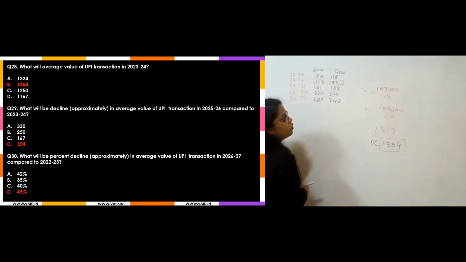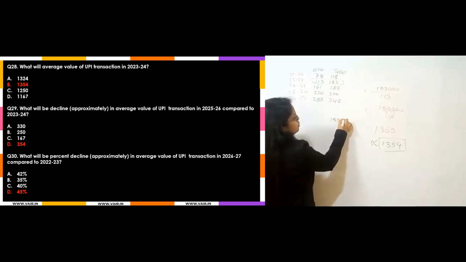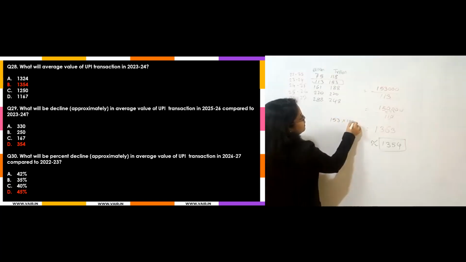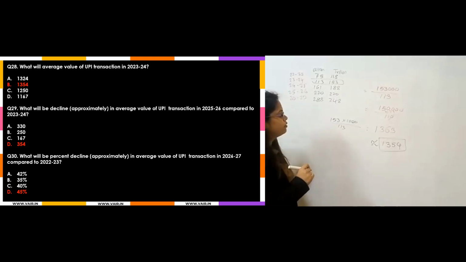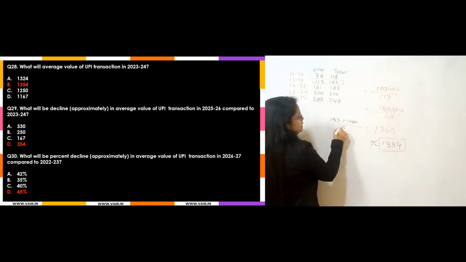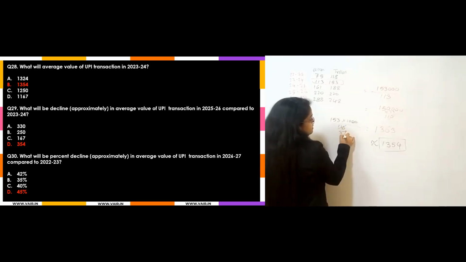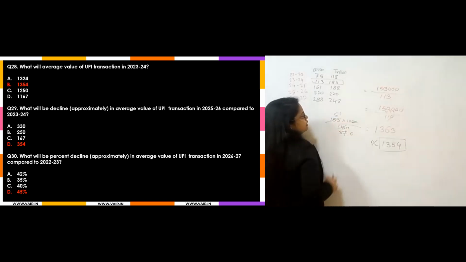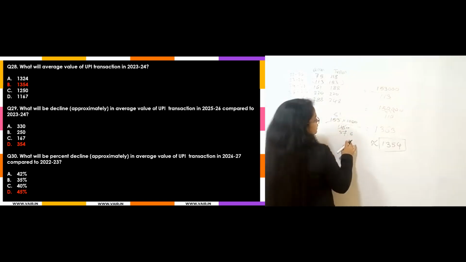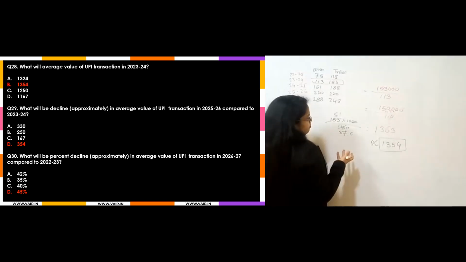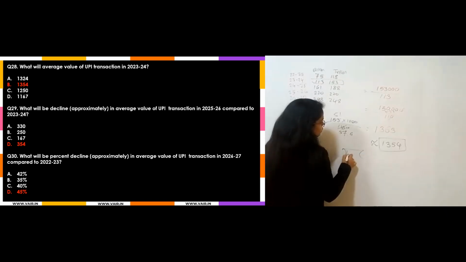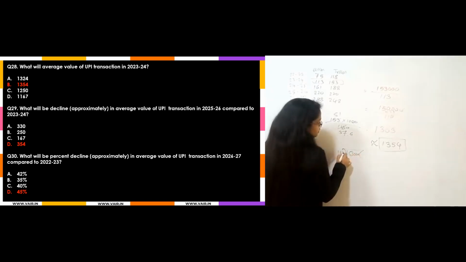Or you can do it like this. If you cancel 153,000, keeping it aside a bit, divided by 113. If I cancel by any number, can I cancel? Let's cancel by 3. 3 threes are 9. There will be 2. 3 nines are, 3 sevens are 21. There will be 2. 3 sixes are something, and this will be 3 fives, 3 ones. Now again you can see this one will be what? If you cancel by any number. Or simply you can do 153,000 divided by 113.